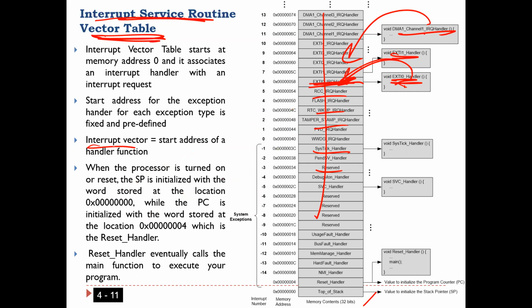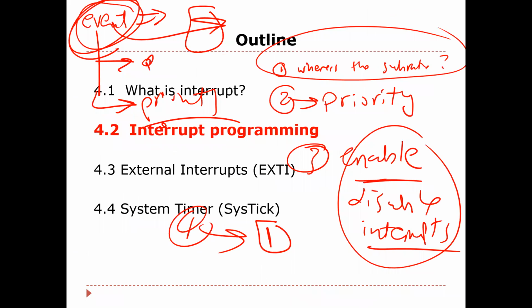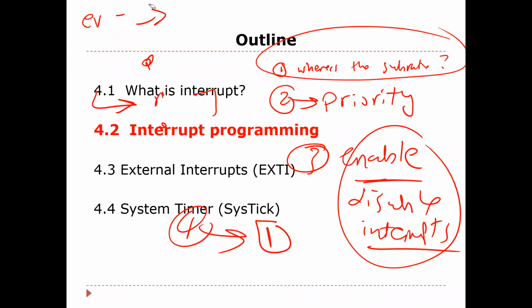You should understand interrupt vector. We use this expression or this term all the time. Interrupt vector means its beginning address. So this vector table has interrupt vectors for every source. Okay, guys, any questions? Okay. The next question we need to answer is